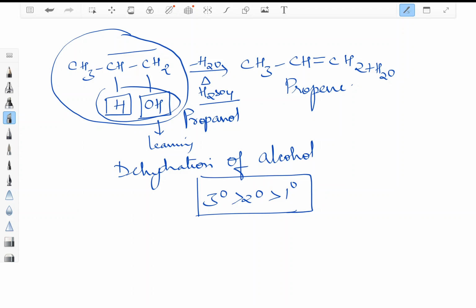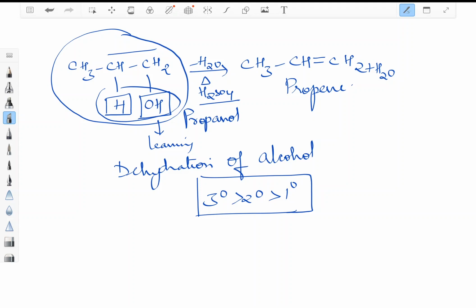And one more thing, in continuation of your notes which I'm going to send you, is about Saytzeff rule. You just don't get confused about what is Saytzeff rule right now. Right now you only study till the reaction where we get propene. The Saytzeff rule which I have written in my notes, I'll explain to you when we are studying it separately. So don't try to understand Saytzeff rule now itself.